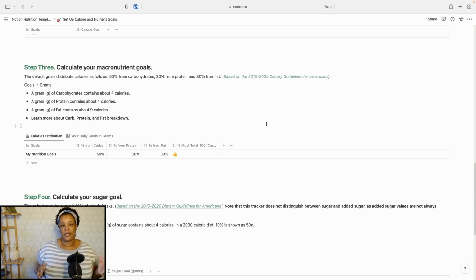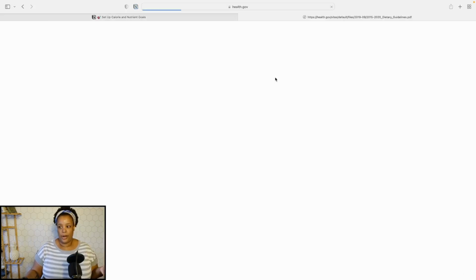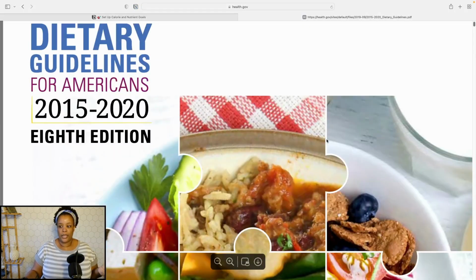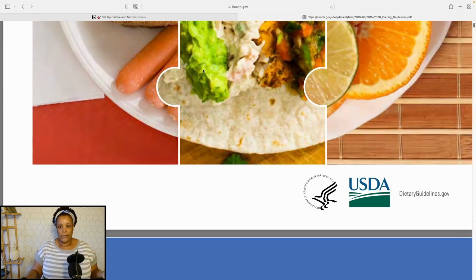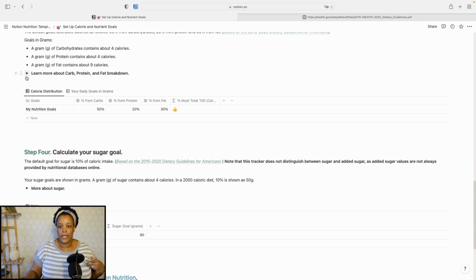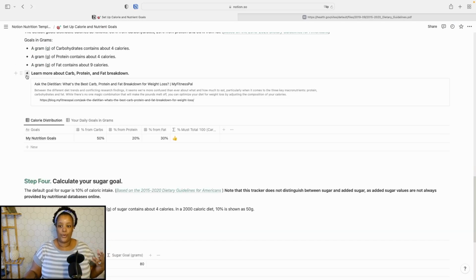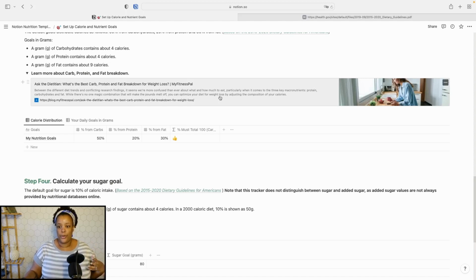And I've based this off of the information found in the 2015 to 2020 Dietary Guidelines for Americans. And I provided you a link to this so that if you would like, you can peruse and see where I got my data from. I also provided information on how all of this is calculated, as well as a link to a blog post